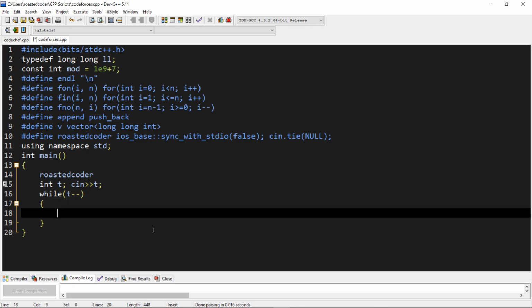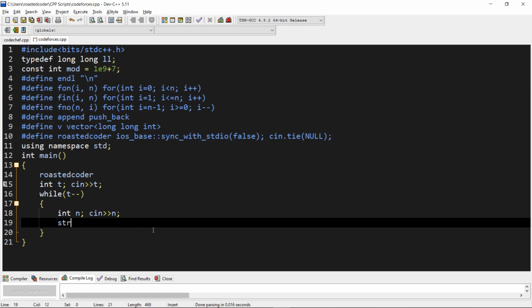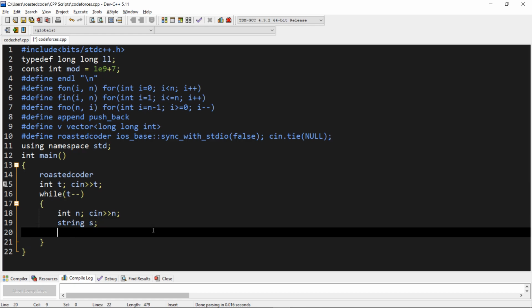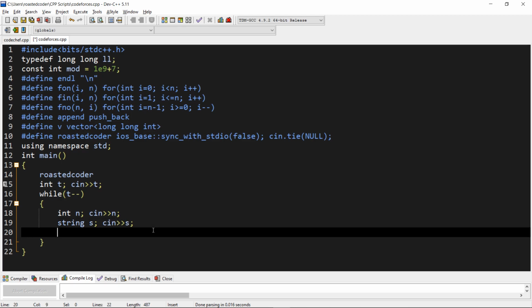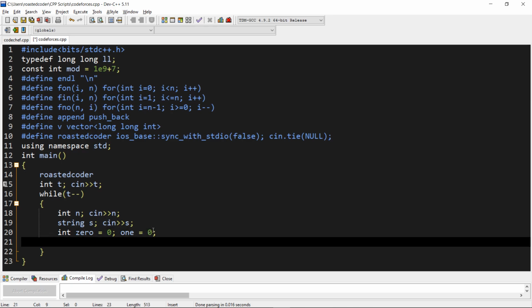We have taken t test cases, and now let's take n and take a string, and now take two variables, that is count of 0 and count of 1. Let's take count of 0 equal to 0 initially and count of 1 equal to 0 initially, and now iterate over our string.